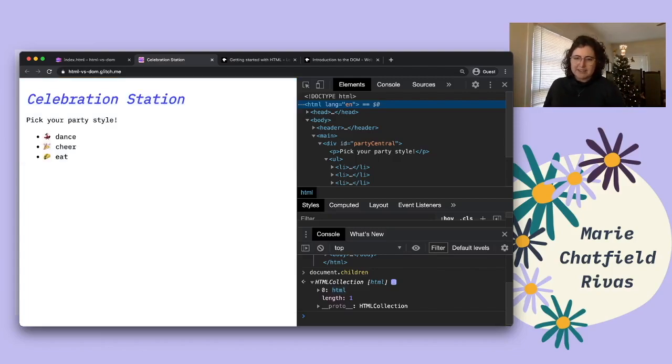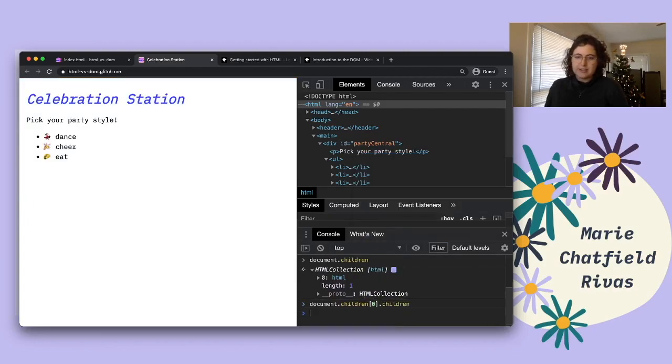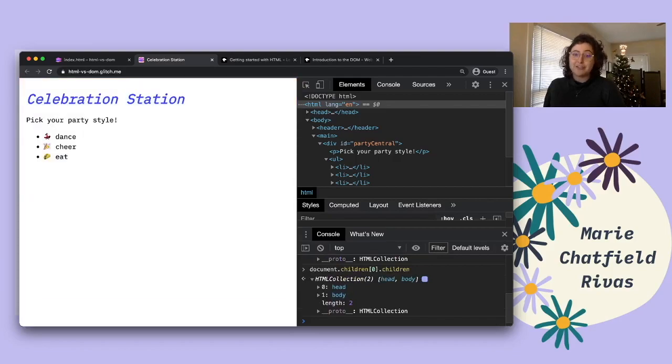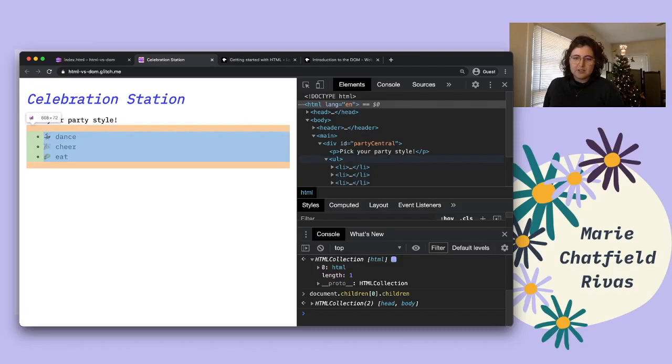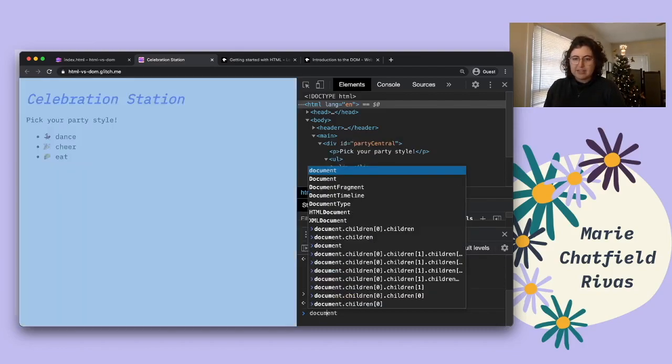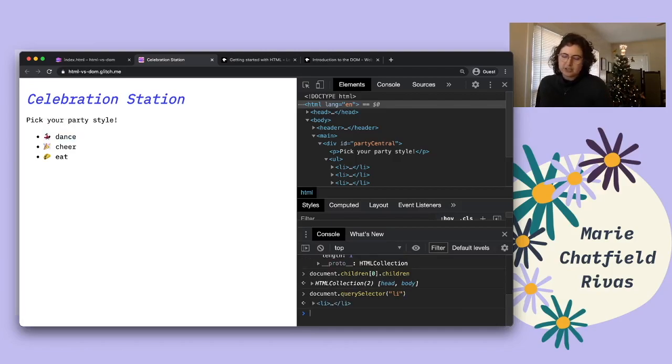And we can keep interacting with this. We can grab that HTML element and look at its children, and then we'll see the head and the body, and we can just keep doing this forever. Or we can also use different DOM APIs to interact with those things directly. For example, if you've ever done document.querySelector, we can use this to use a CSS selector to grab an element out of the document, as long as it exists. For example, I could say I want an element that matches the list element, and it's just going to grab the first one.